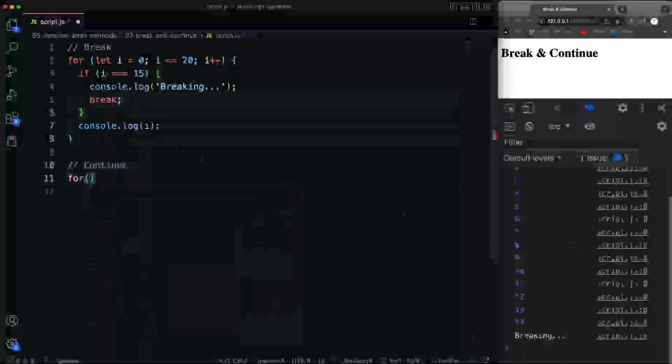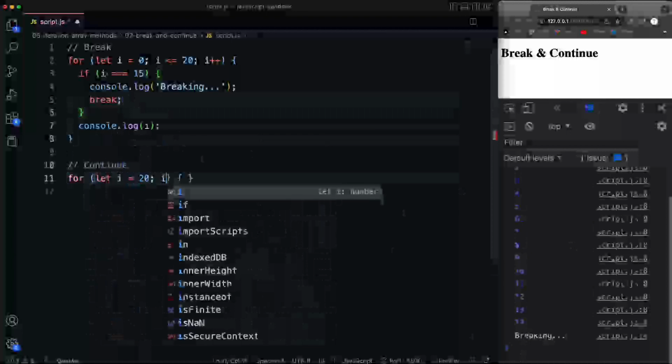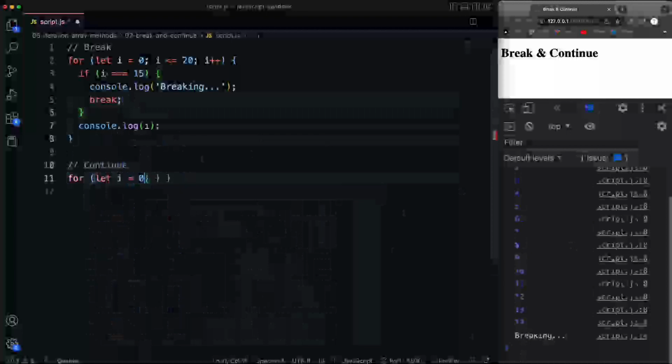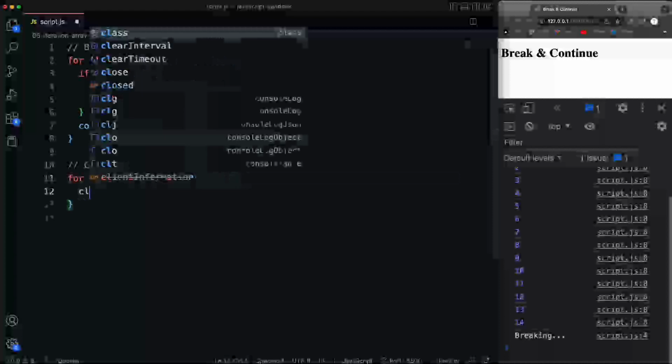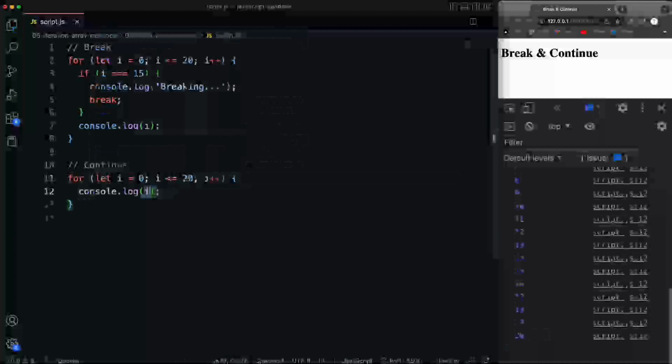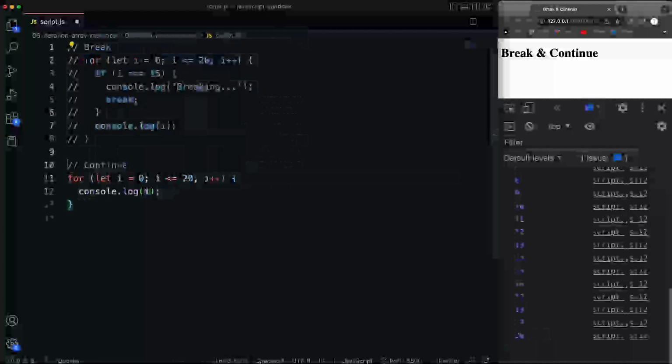So for instance, if we do the same thing here, we'll say let I equals 0, and as long as I is less than or equal to 20, we want to increment, and we'll do the same thing, just console log I. Let's comment this out here. Okay, so we just get 0 through 20, and let's say we're a superstitious hotel and we want to skip